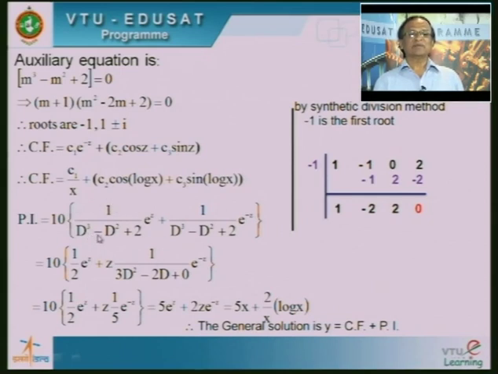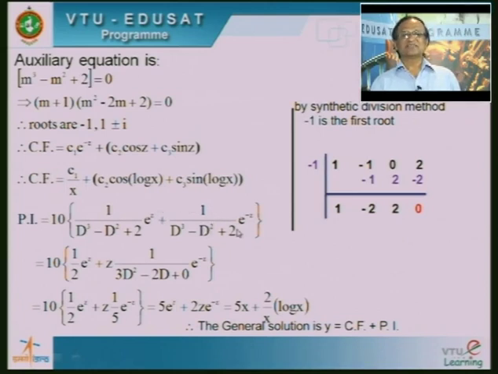Here I am going to replace D by a. Here a is equal to what? a is equal to 1, and you can replace D by 1. So, 1 cube means 1, 1 square means 1. So, it is plus 1 and minus 1. Both will cancel, plus 2. After simplification I obtain 1 divided by 1 minus 1 plus 2, which means 1 by 2 times e to the power z. So, this is the particular integral of the first term, plus the particular integral of the second term.